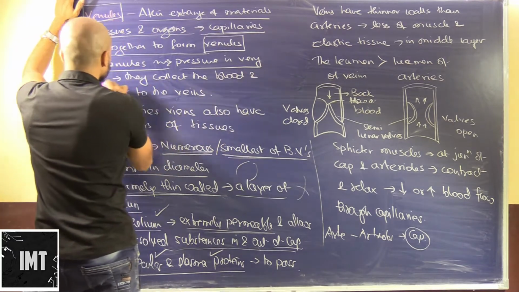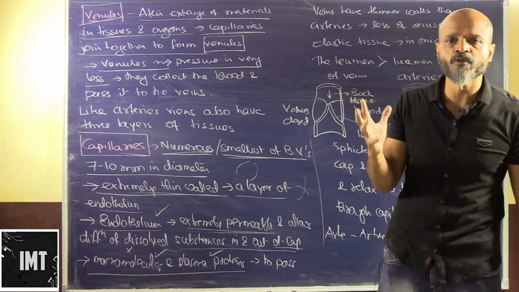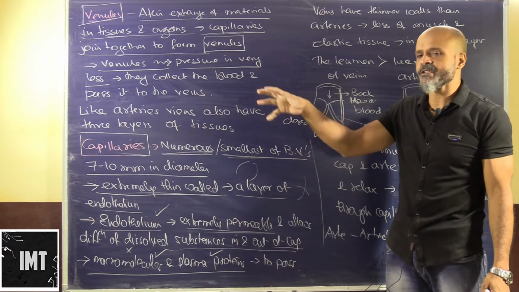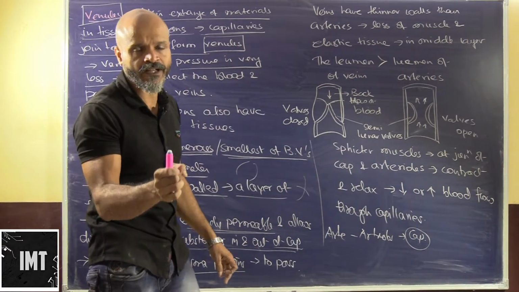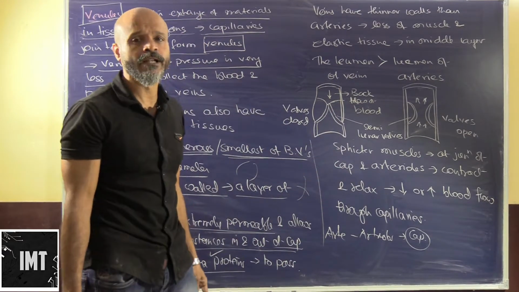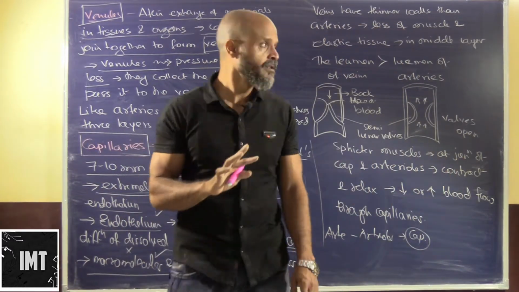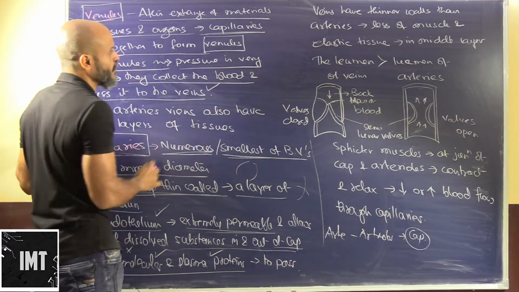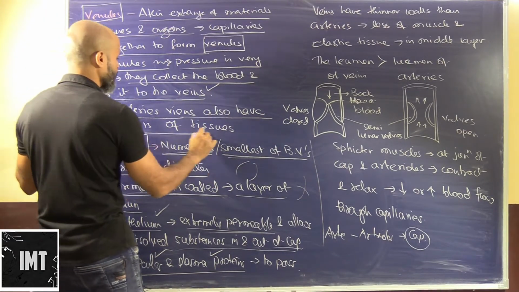In venules, the pressure is very low as compared to arteries, because now they don't have to flow through tissues or take care of diffusion. That has happened, and they just have to take the blood and pour it into the heart. So this is the deoxygenated or venous blood, which is carried all the way up to the heart, so that it can be pumped by the heart through the pulmonary artery to the lungs for exchange of gases. So they collect the blood and pass it on to the veins, and hence they are known as venules.